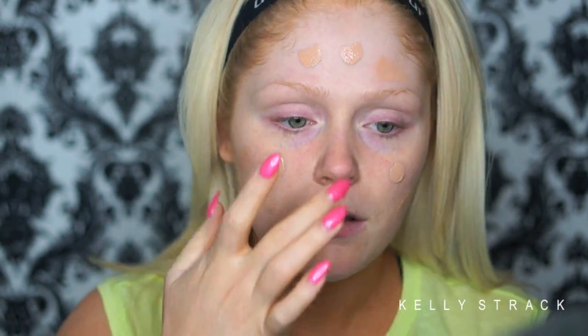You can already tell, I think, that the color is a little pink, but we'll see. We can probably fix that with powder, so I'm not too concerned. I don't really know how much of this to use because I don't really know if it's going to be full coverage or what,